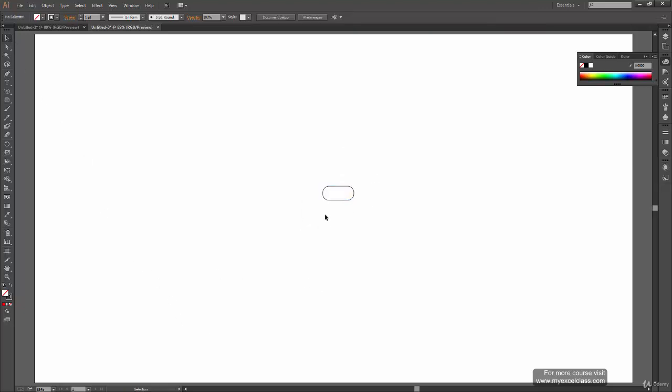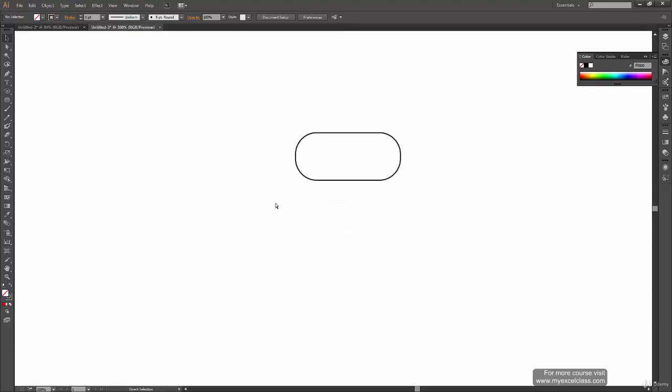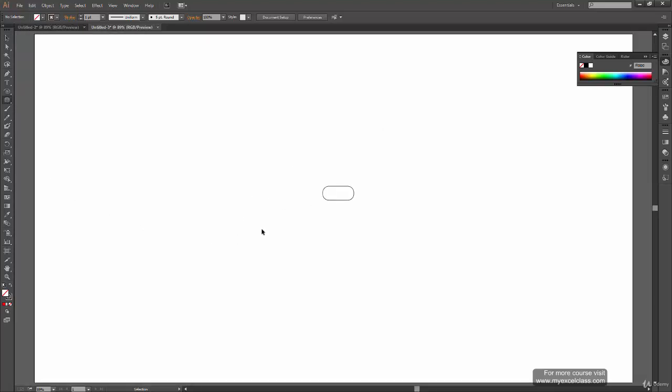Okay, now it looks like a capsule because the corner radius value is too much compared to the size of the rectangle. So for a 20 pixel corner radius, if you want to see a rounded rectangle, then it should be at least this much so that you see all the sides. Otherwise, all you are going to get is a kind of capsule like this. Alright, so it totally depends on you what kind of design you want to create.